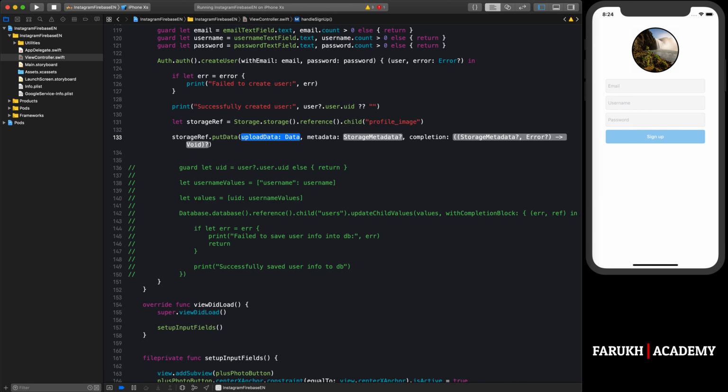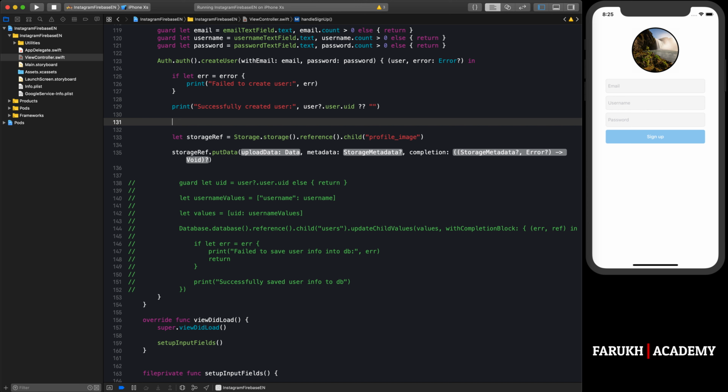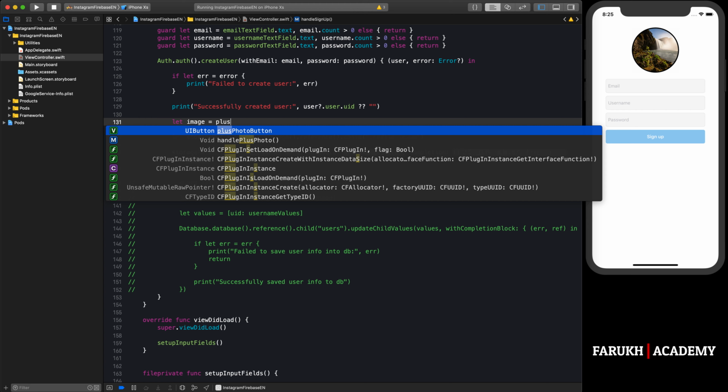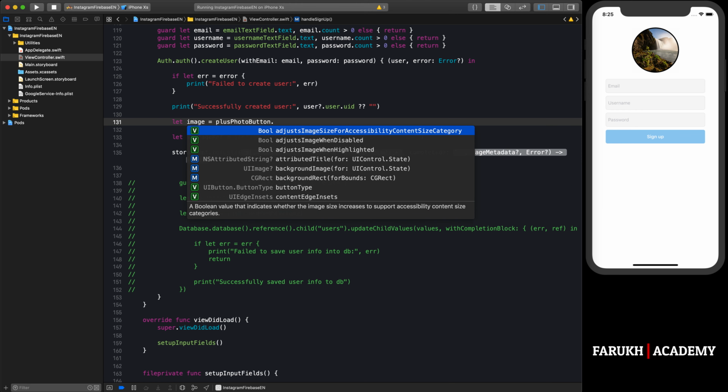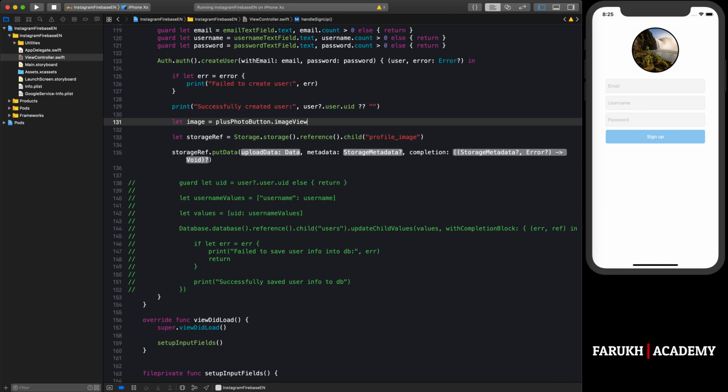It's very necessary. As you can see, the first parameter expects a data, so our data will be an image. So we can write let image = plusPhotoButton.imageView